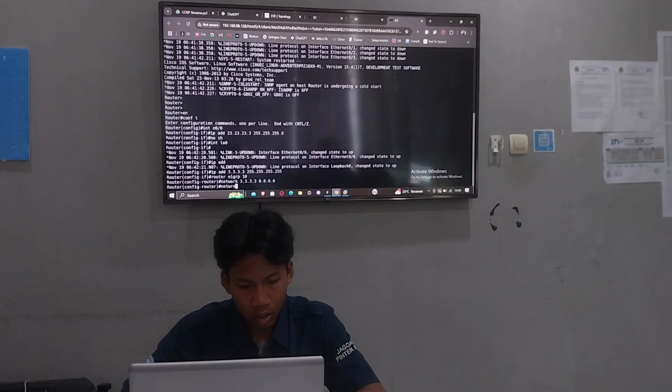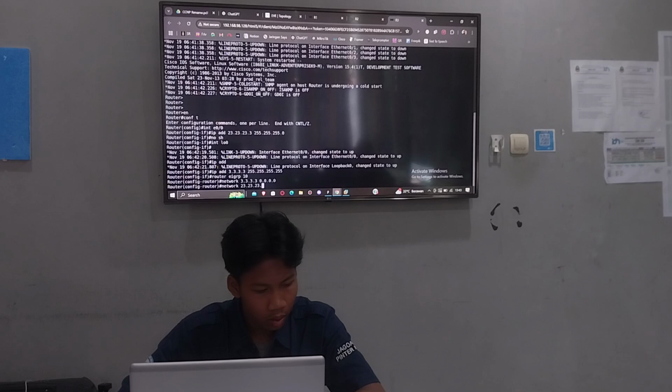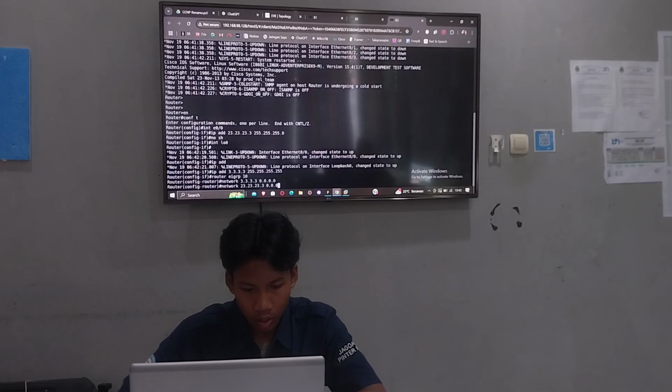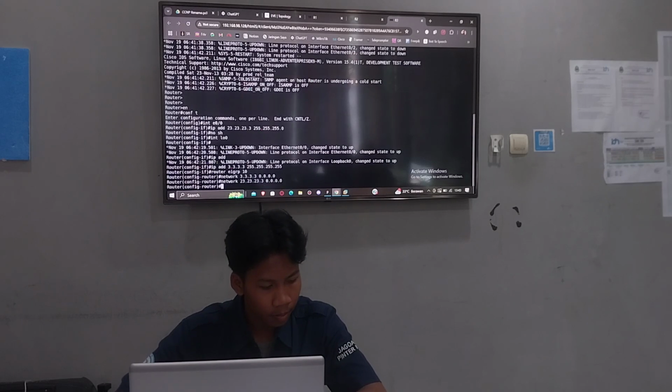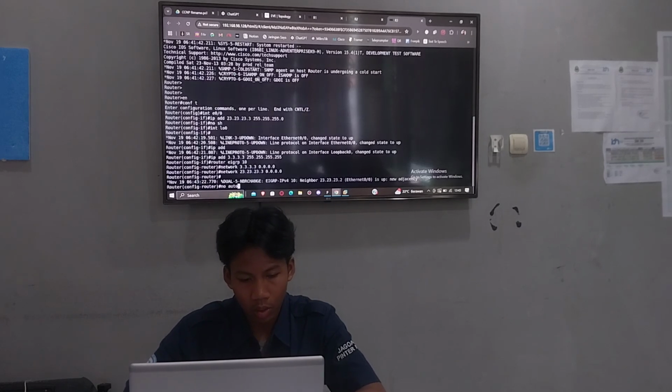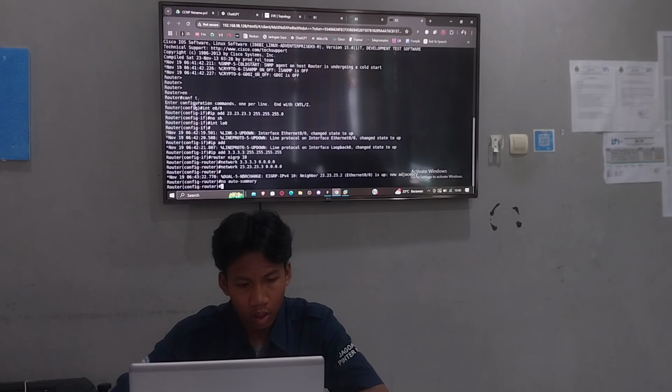And network again 23.3 and last is no auto summary. Okay, just a little for the configuration from router 3.